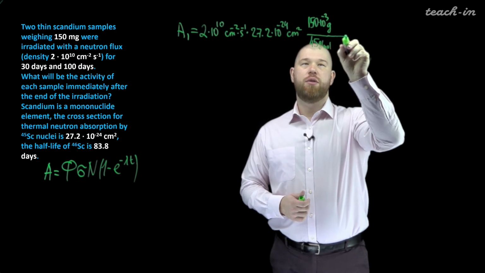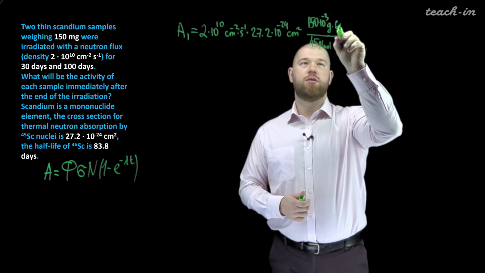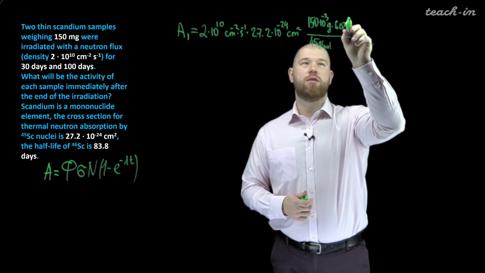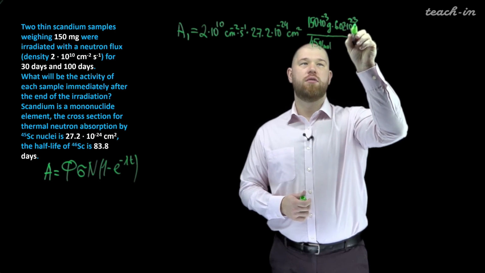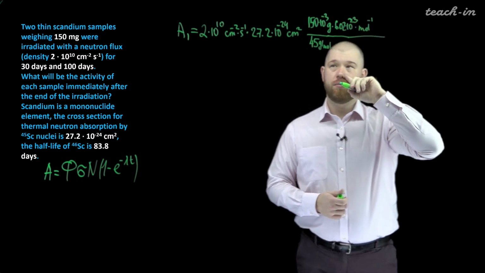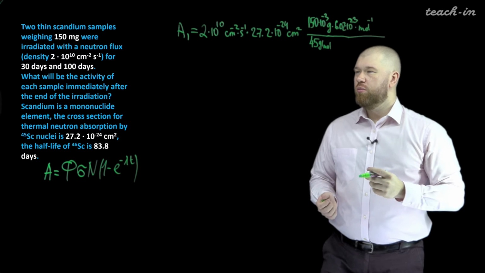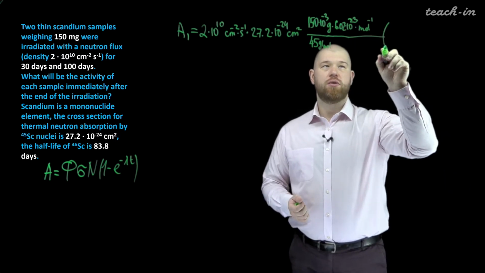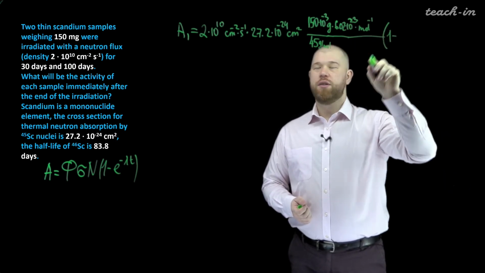And multiplied by the Avogadro number, so it's 0.2 times 10 to 23 mole minus 1. And then brackets, so 1 minus